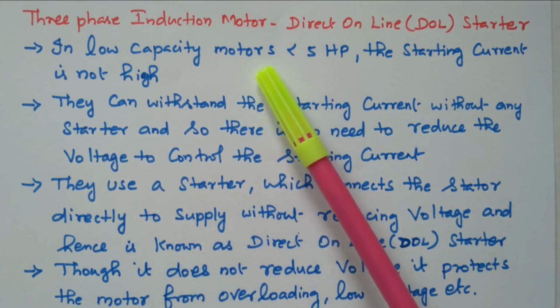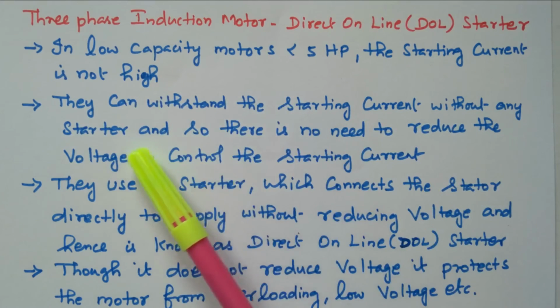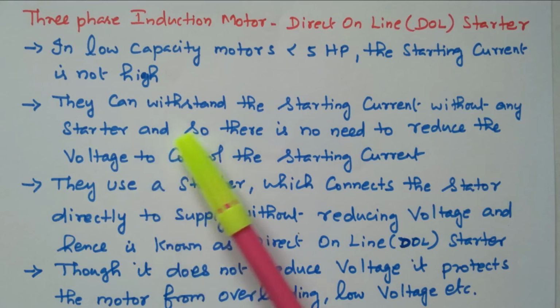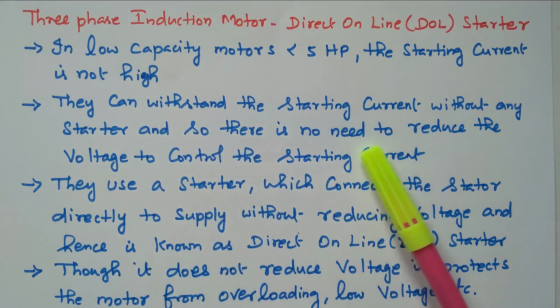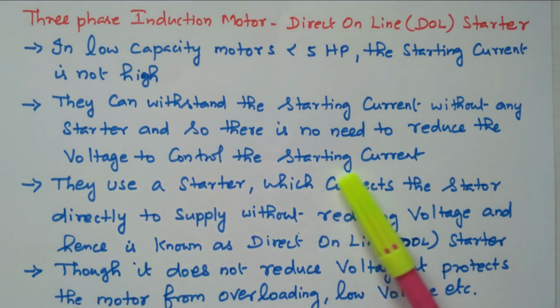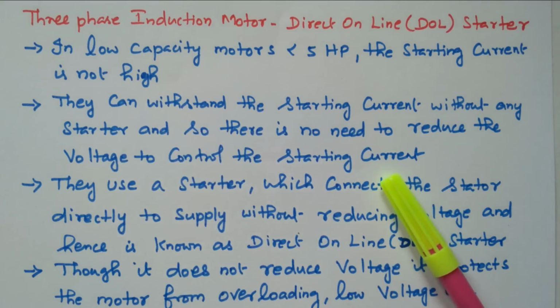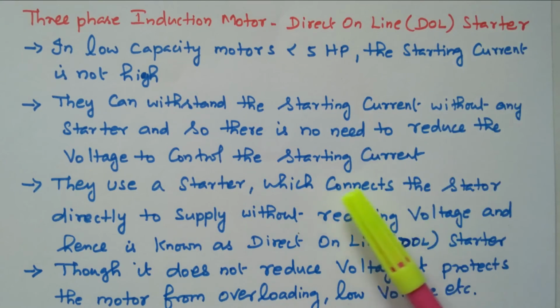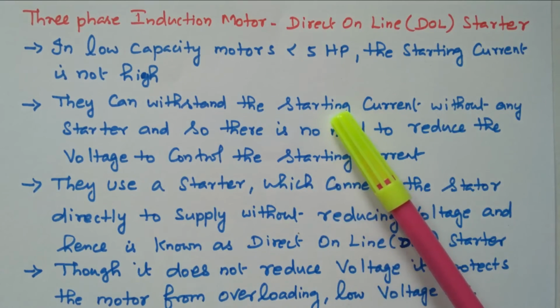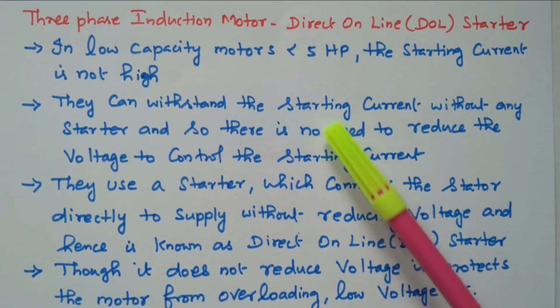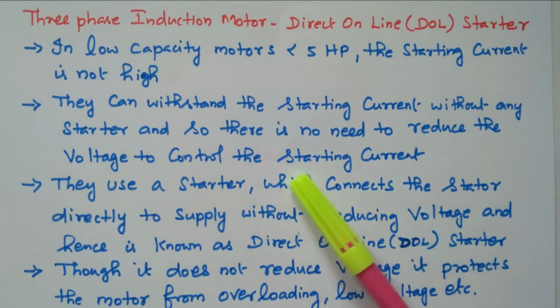So in case of a low capacity motor, without the starter we can start the motor because the starting current is lesser. So there is no need to reduce the voltage to control the starting current, right? To reduce the starting current, the starter will reduce the voltage applied to the motor. When the voltage reduces, automatically the starting current also reduces. So for the low horsepower motor, no need to reduce the